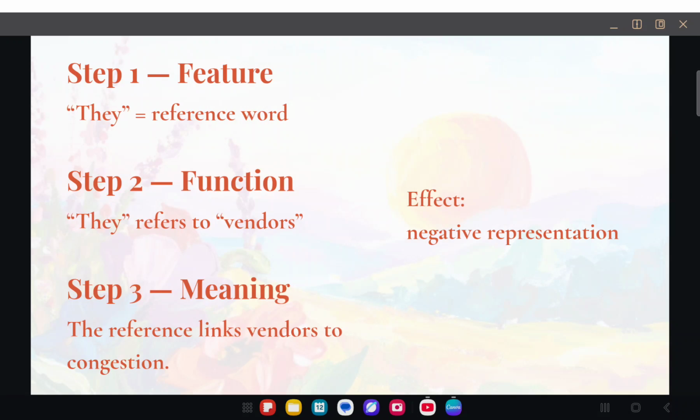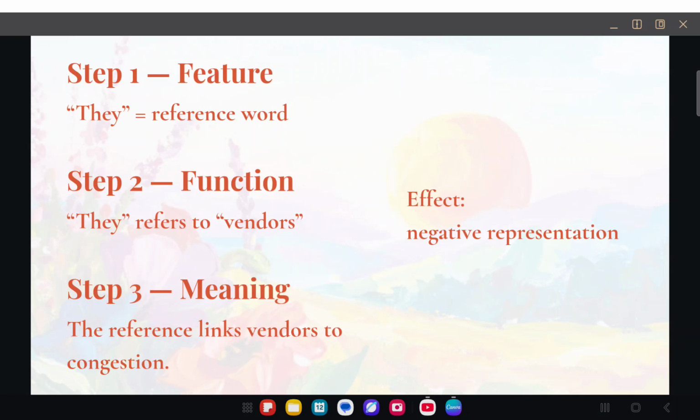Okay, moving forward to step 3. In step 3 we explain the meaning created by this connection. So the reference word is they, right? That word links vendors directly to the problem, which is congestion.